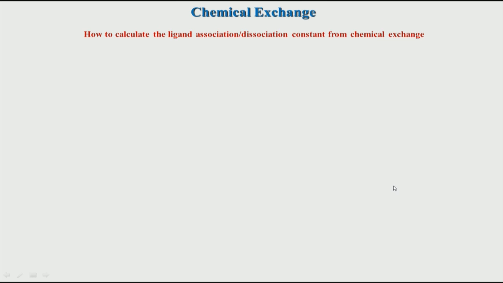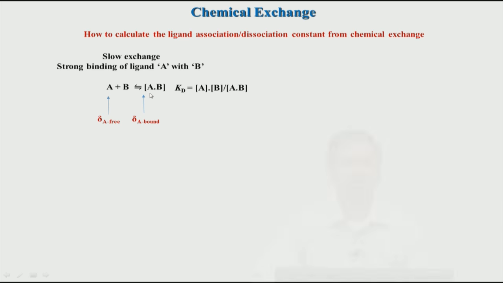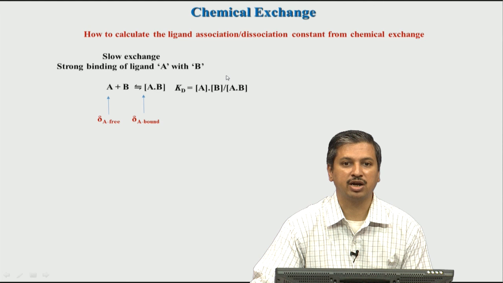So, now based on these two processes we have looked at slow and fast exchange. How do I calculate the constant? So, remember our focus is to find out this dissociation constant. This is the binding affinity. So, if you are working on a drug protein interaction or a ligand protein interaction, one of the major goals in this exercise is to find out what is the affinity of the drug or substrate to the enzyme or the protein. So, we usually use the word Kd, dissociation constant, which is basically measured like this. It is the concentration of A and B divided by the concentration of the complex.